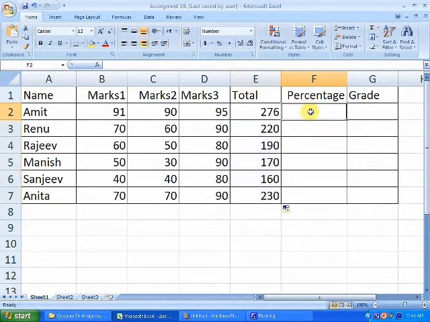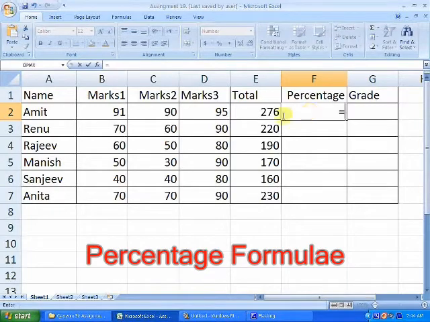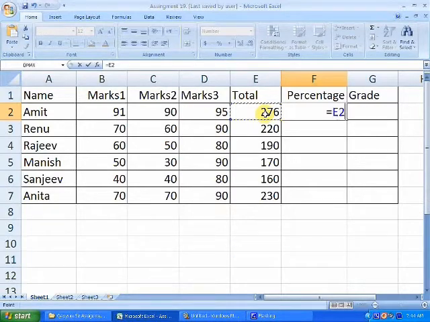Now to calculate the percentage, click here, press equal to sign and then click the total of Amit, which is 276. Click it here. It is typing the cell address instead of 276, which is correct.